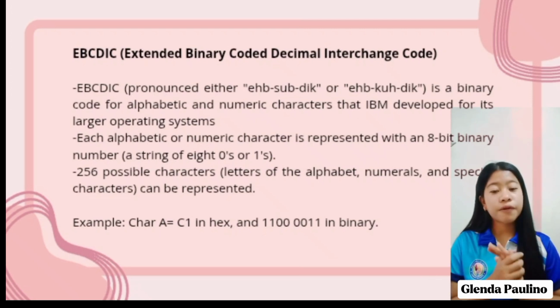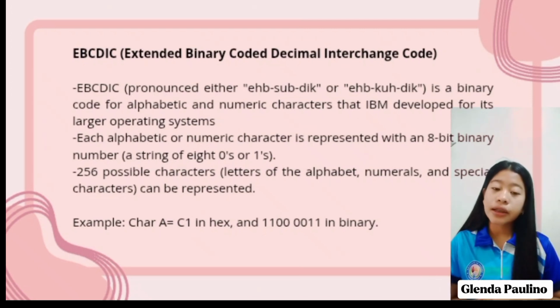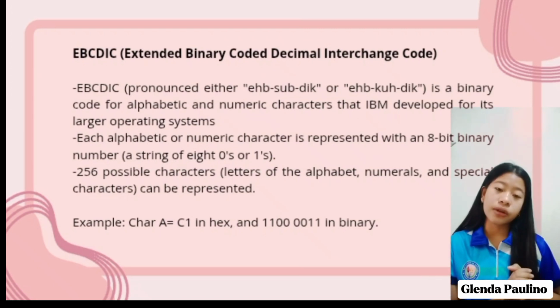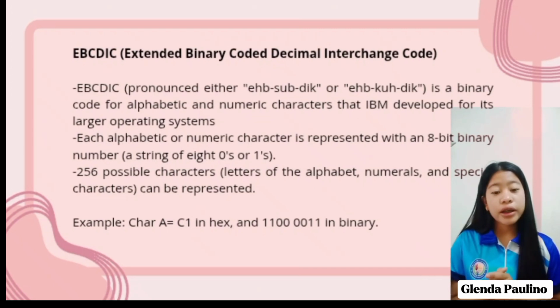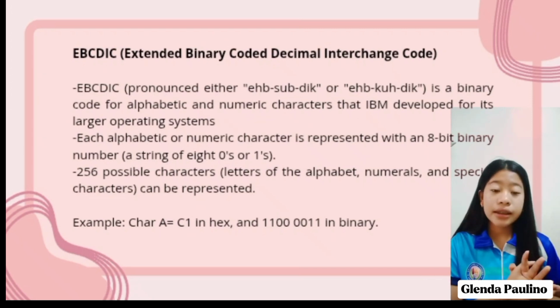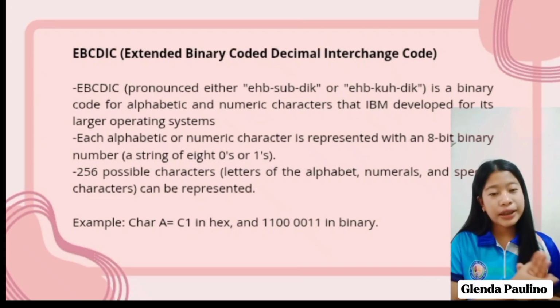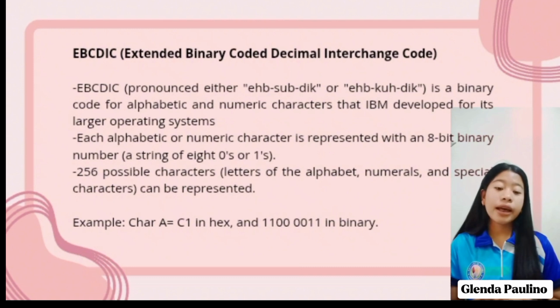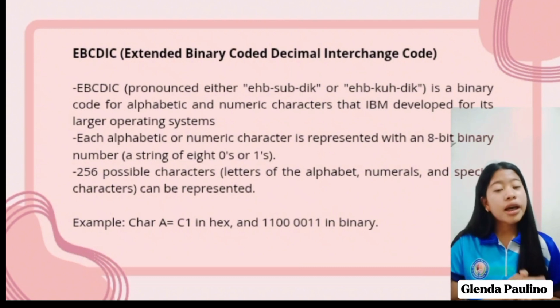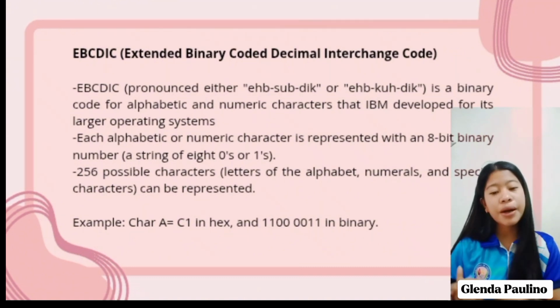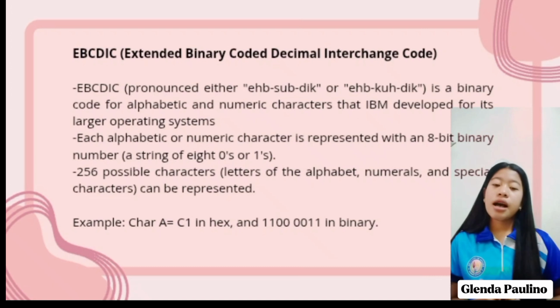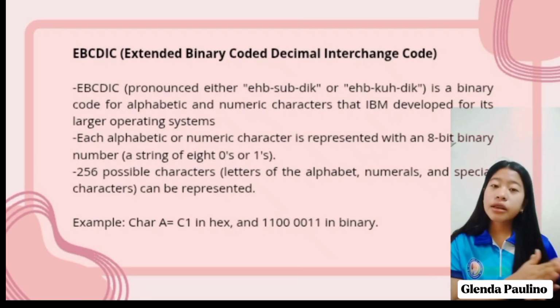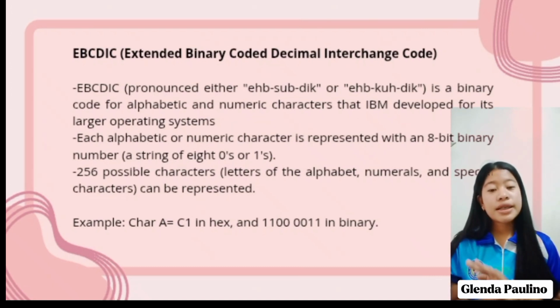EBCDIC stands for Extended Binary Coded Decimal Interchange Code. It is pronounced either EBCDIC or EBCDIC. Each alphabetic or numeric character is represented with an 8-bit binary number, and we have 256 possible characters. For example, the character A is equal to C1 in hex and